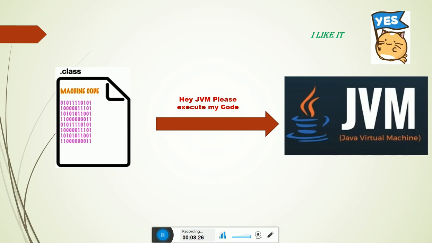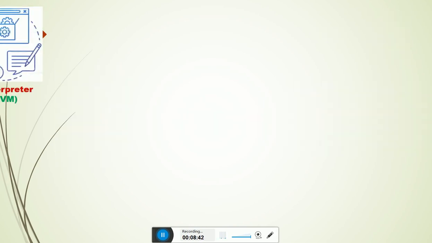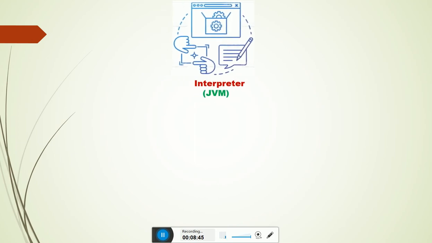So in short, a compiler generates the bytecode, the machine code, in the form of a file, that is a .class file or bytecode, and then JVM executes the bytecode.